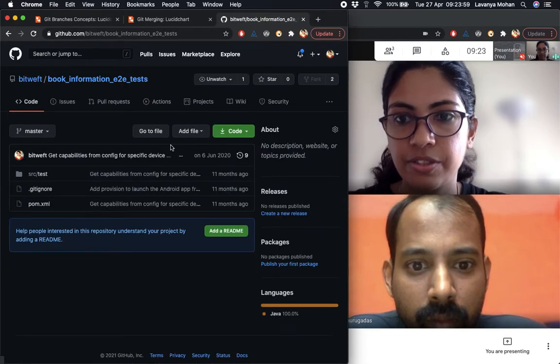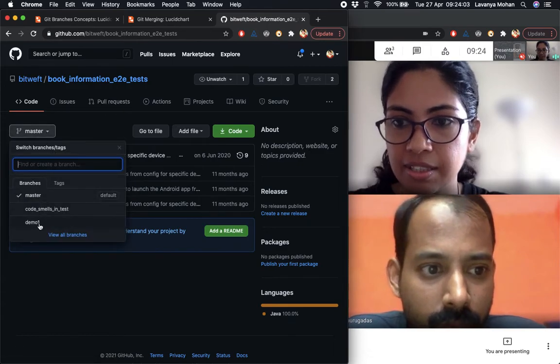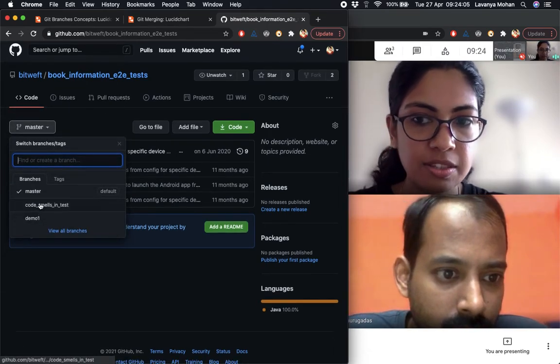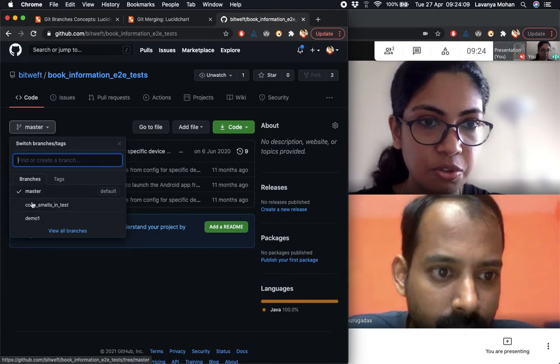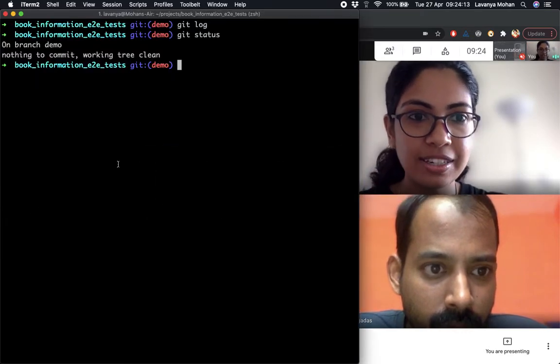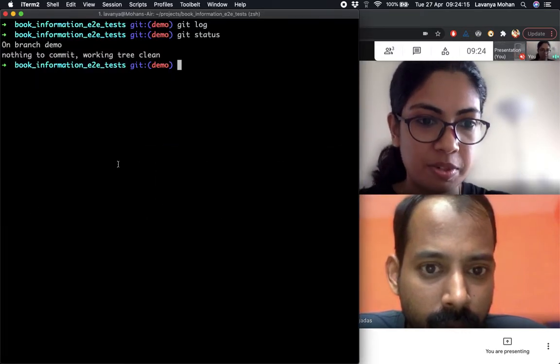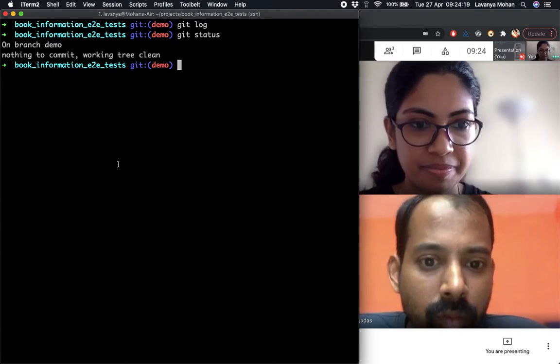Okay, so this is the remote repository from which we had cloned. And if we see branches here, there are these three branches which are present. But the new branch that we just created, demo, is not present here. So basically, at this point, Git doesn't know what to compare it with. So it says everything is fine, it's all clean state.